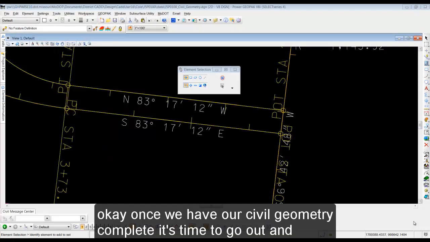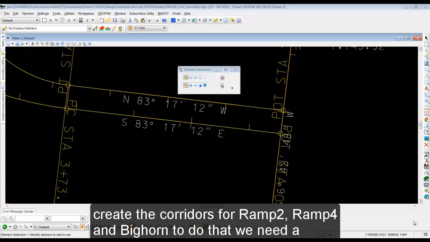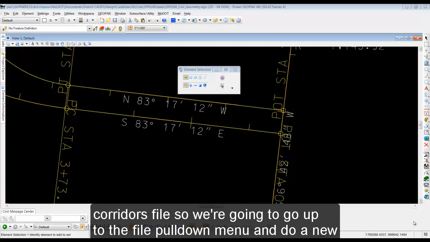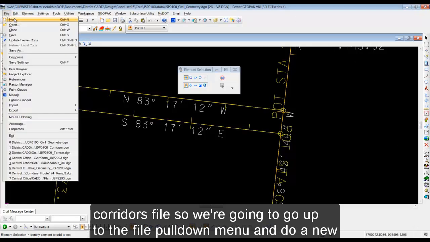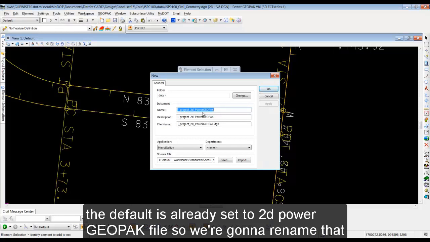Okay, once we have our civil geometry complete, it's time to go out and create the corridors for ramp 2, ramp 4, and Bighorn. To do that, we need a corridors file. So we're going to go up to the File pull-down menu and do a New. The default is already set to 2D Power GEOPAK file, so we're going to rename that